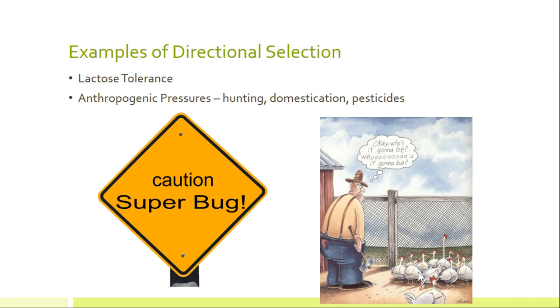Pesticides push, and we'll talk about antibiotics too, because antibiotics do this as well. But pesticides will result in oftentimes the resistant ones because you killed all the less hardy ones, okay? That's all directional selection. And again, we'll talk about this more, this human pressure. Anthropogenic means human. We'll talk about that more later.